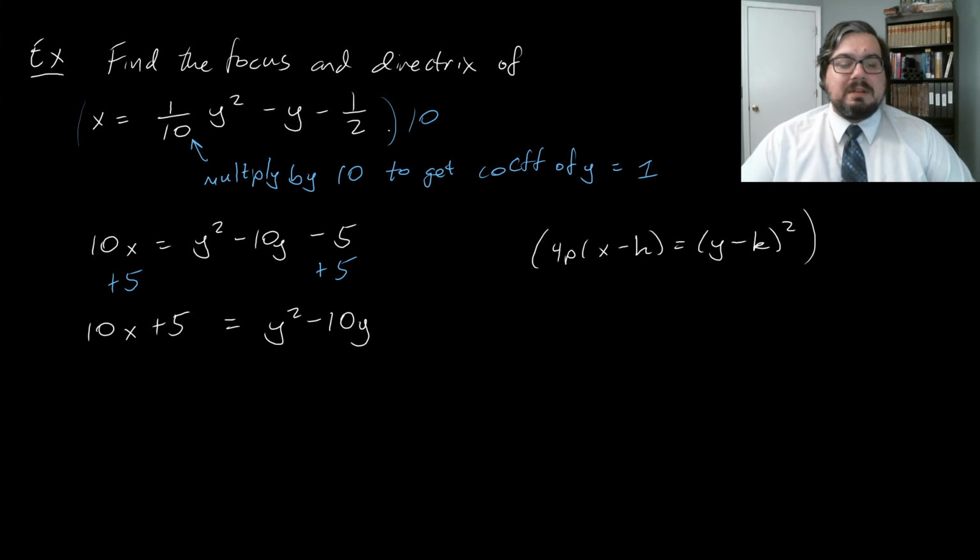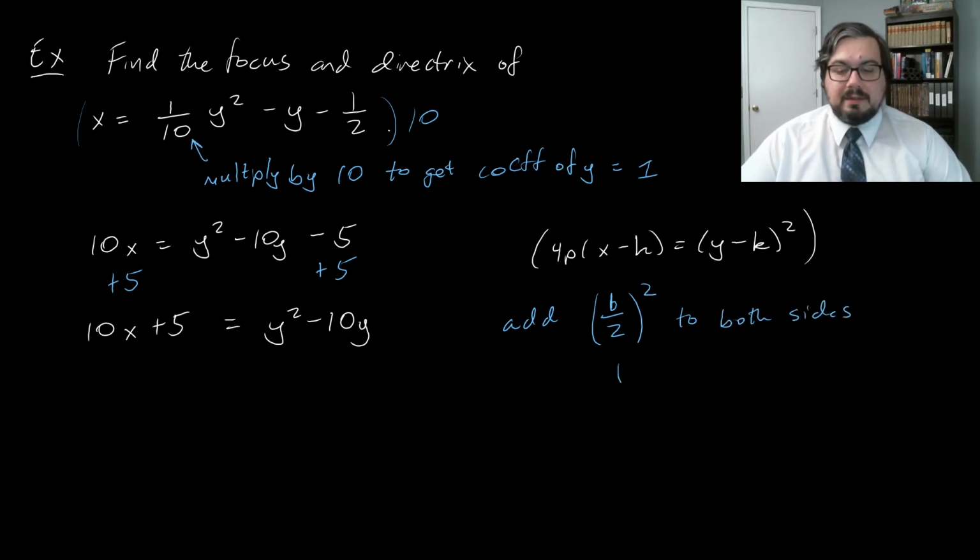Now, what would we need to add to the right-hand side in order to make it a perfect square trinomial? And the thing that you want to add is b over 2 squared to both sides,